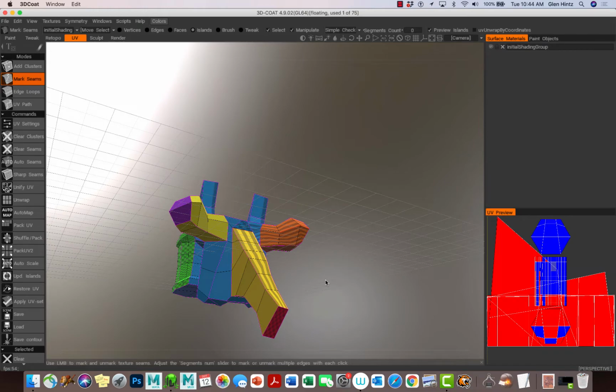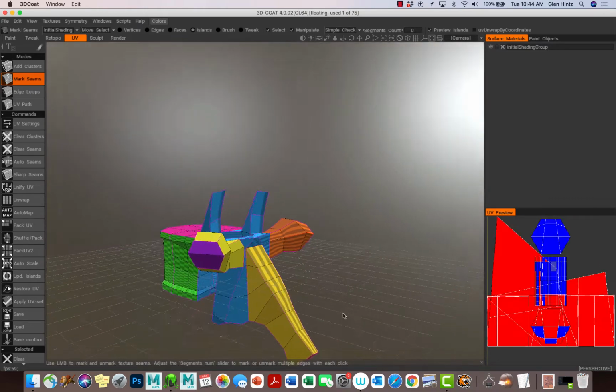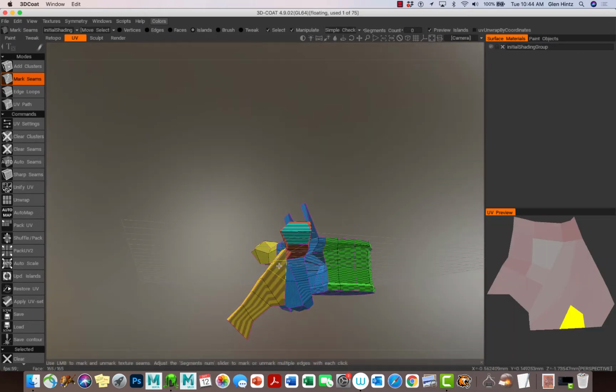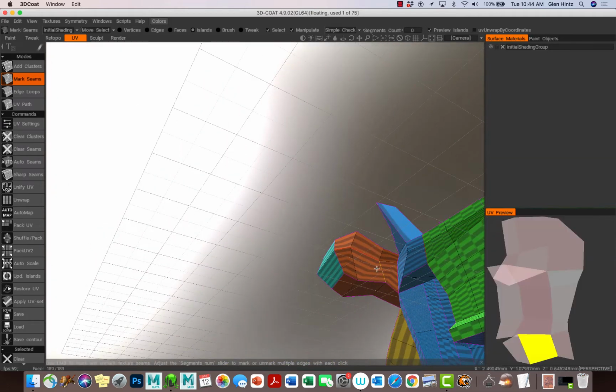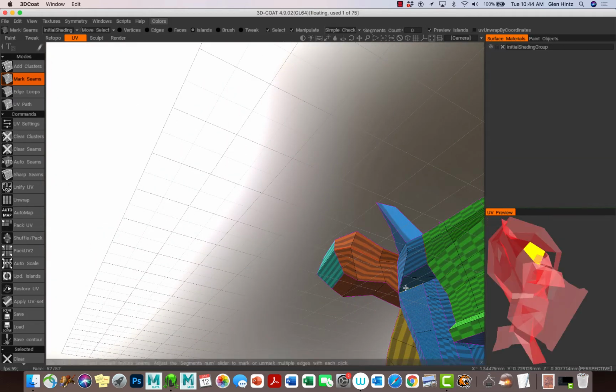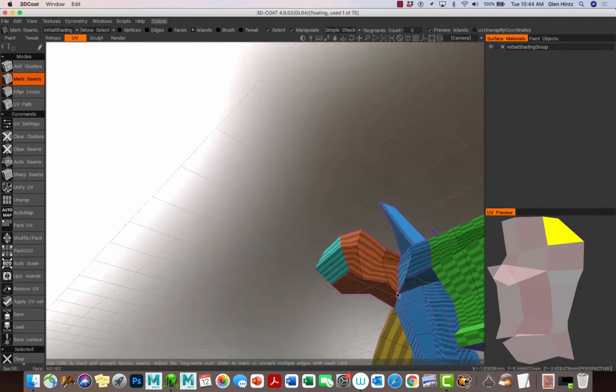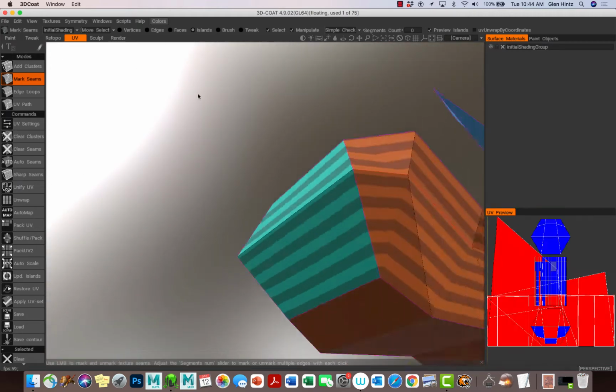I'm not sure what's going on with this other one. There's maybe something odd with the geometry, that it's not seeing that. There's a clear seam there. See that overlapping? Maybe I missed the space. Let me look one more time. I'm sorry to make you guys watch while I do this, but